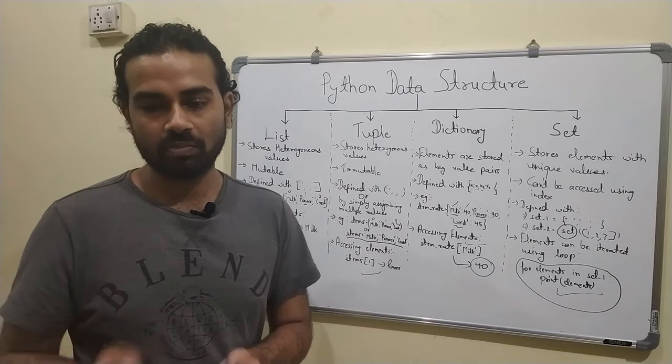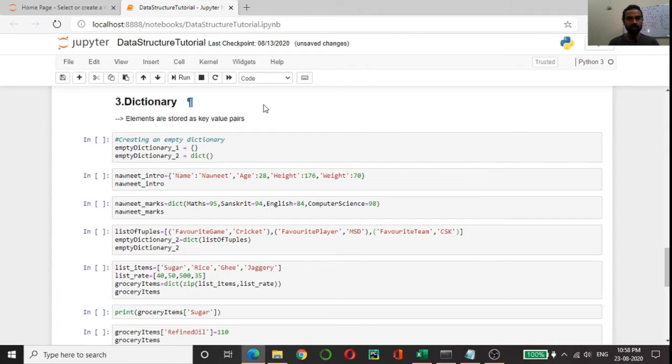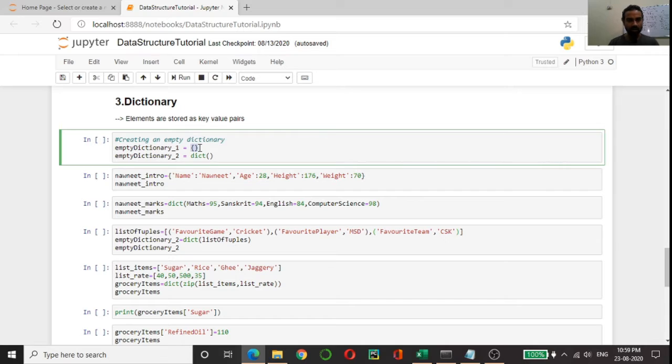So now let's come to my laptop. Hi everyone, welcome to my laptop screen. So I will be discussing the dictionaries and the set data structure of Python. As I have already told, in a dictionary we store the value as key and a value, and there are different methods in which we can define a dictionary. So either we can define it by simply giving the values inside the curly braces or with the dict object, and I'll be showing you both the ways to create a dictionary.